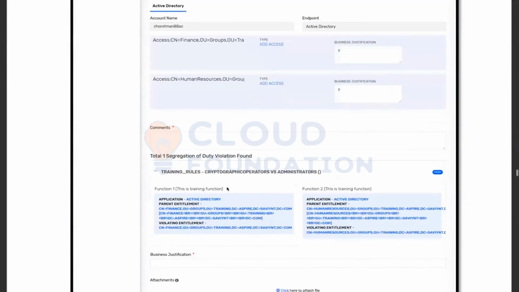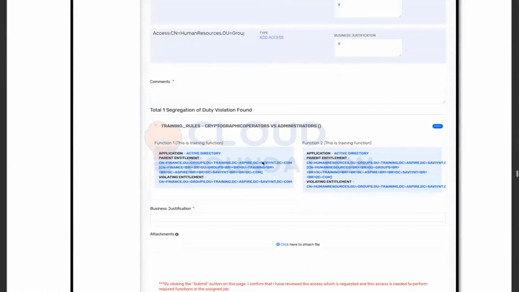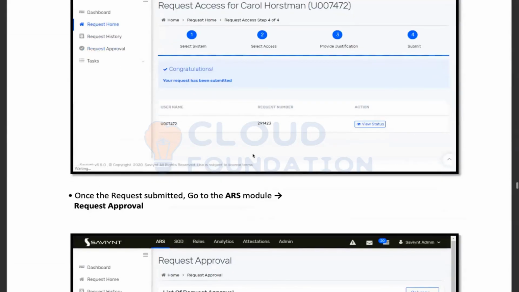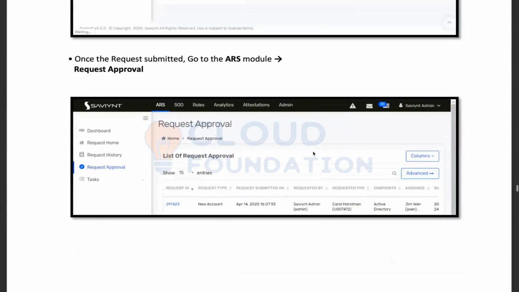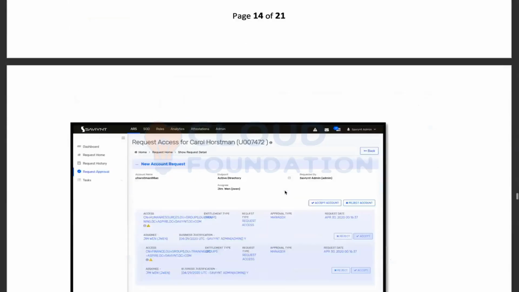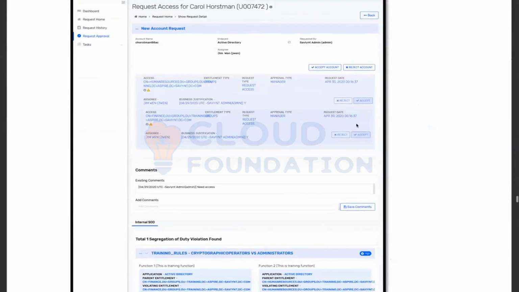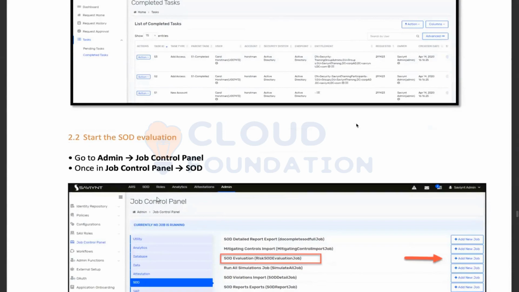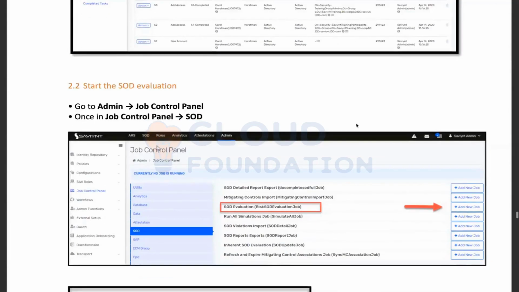He got a message saying these two entitlements should not be given together, and he still went about submitting it, and a violation got created, because the manager also approved it. What could we have done to prevent it? We tried, but still the manager approved it.